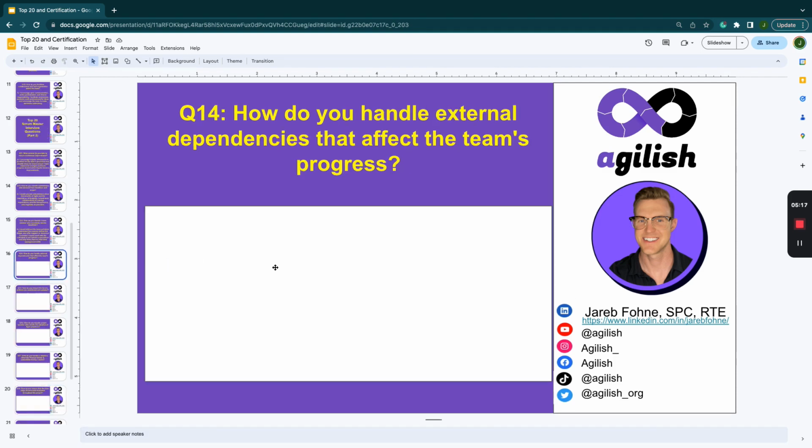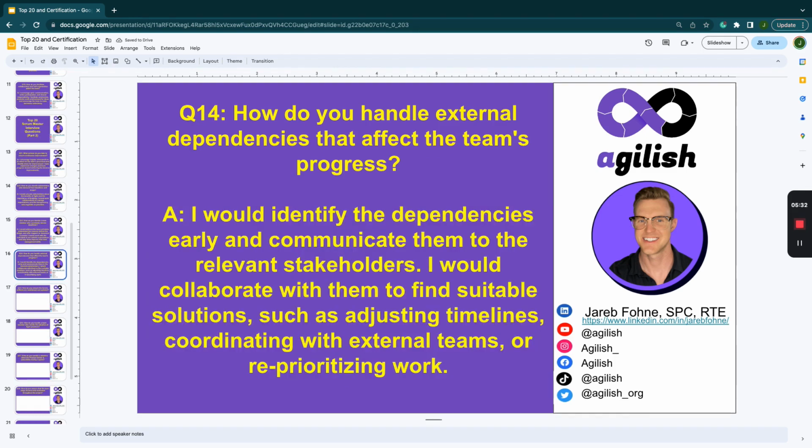Next question. How do you handle external dependencies that affect your team's progress? Identifying these dependencies early on is important. And there's an event in SAFe, the Scaled Agile Framework, called PI planning, program increment planning. This is where you can actually look ahead from the team's work to identify those dependencies and risks. And you can communicate to the stakeholders to help remove those impediments, mitigate those risks early on before it becomes an issue. I highly recommend that type of event, that alignment, and creating high-level roadmaps at the beginning of any